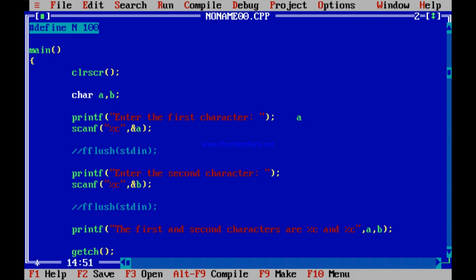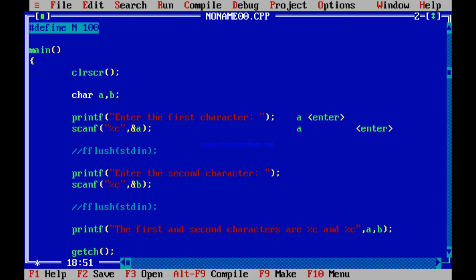The enter that you press, remember, after that it comes out and scans. What does it find? It finds A. It scans the A within a variable. But this enter remains in the buffer. It does not scan it because you have told it to scan one character. So it scanned only the A character, but the enter remains in the buffer.